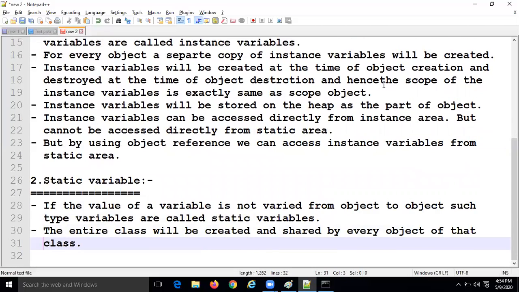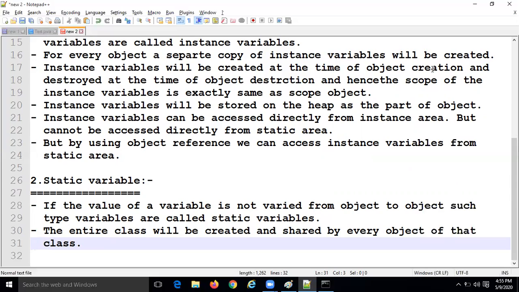The third one: the static variable will be created at the time of class loading, but the instance variable at the time of object creation, and it is destroyed when the object is destroyed. The scope of the instance variable is the object.